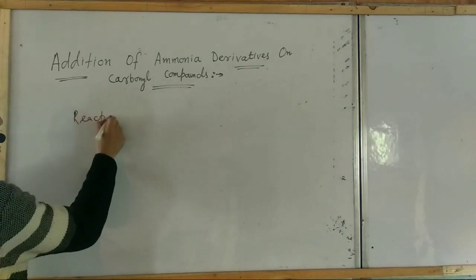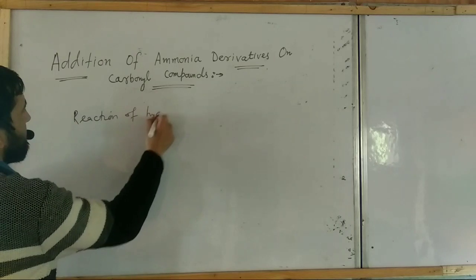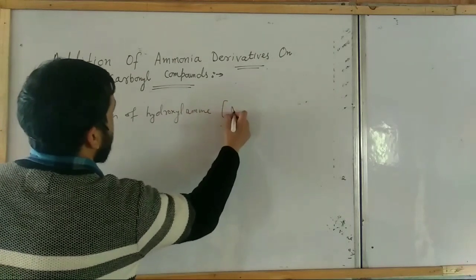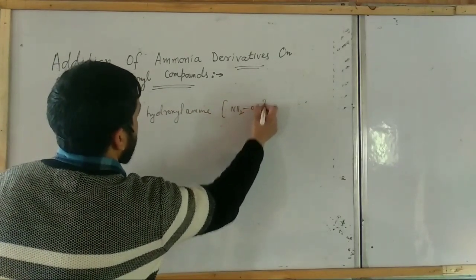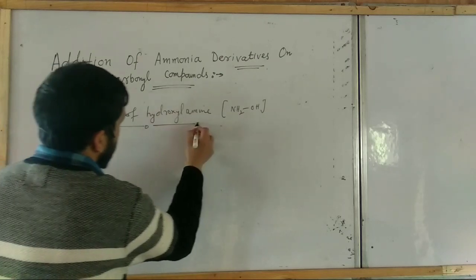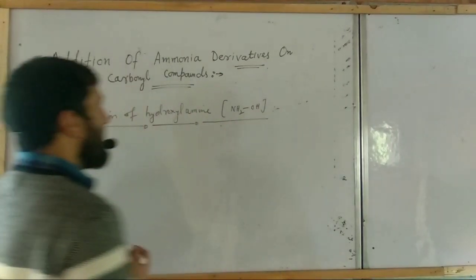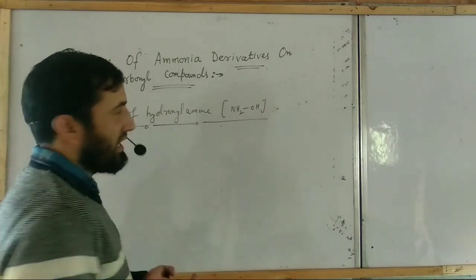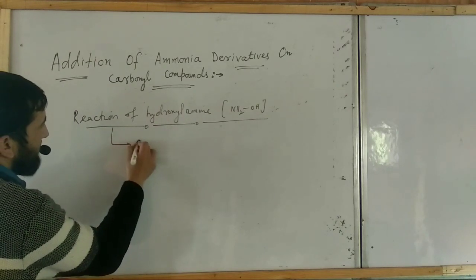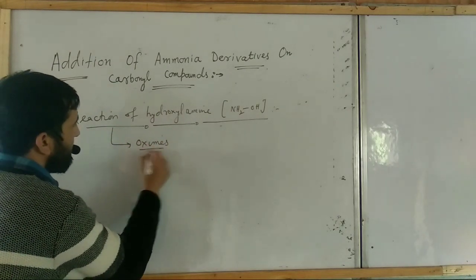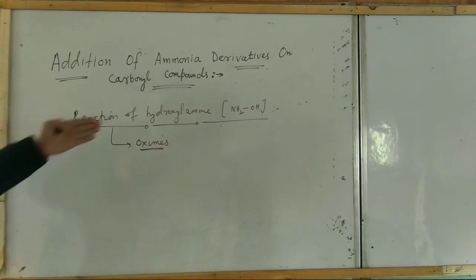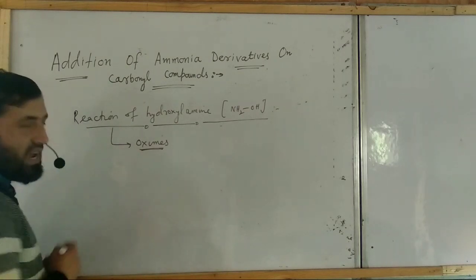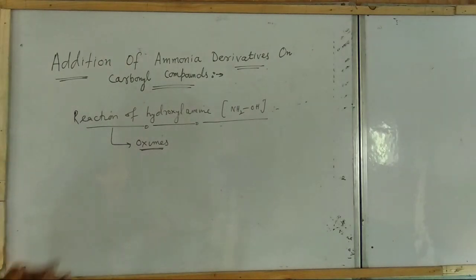A reaction of hydroxyl amine with aldehydes and ketones, that is reaction of NH2OH. जब ये हाइड्रोक्सल एमाइन्स aldehydes के साथ react होते हैं, they result in a formation of another class of compounds that is known as oximes. So they form oximes. So we can say that aldehydes and ketones react with hydroxyl amine and form the corresponding oxime. That is aldehyde जो है they will form aldehyde oximes and ketone जो है they will form ketone oximes.